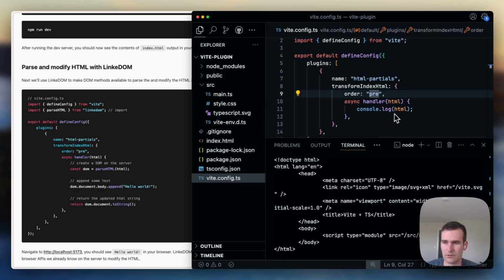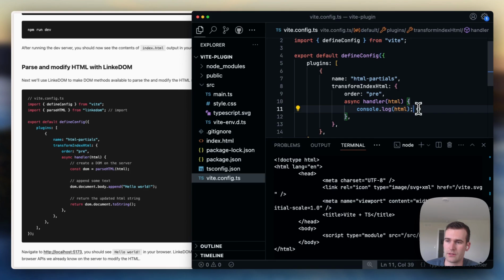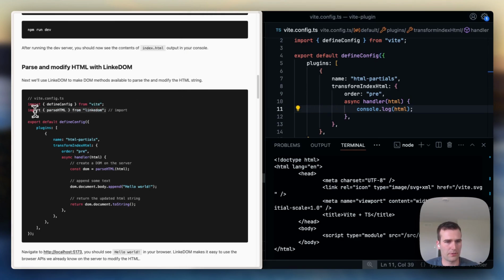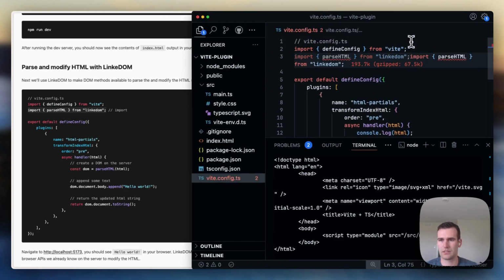Next, we're going to create our plugin. So instead of just logging the HTML, we're going to add in some different functionality. Whatever we return from our handler will be the final HTML page. So if we want to add in a script tag or different things, we can do that here. We're going to add in a way to read our partials and insert them onto the page where we want them. So we're going to add in the parseHTML import from linkedom, which will allow us to